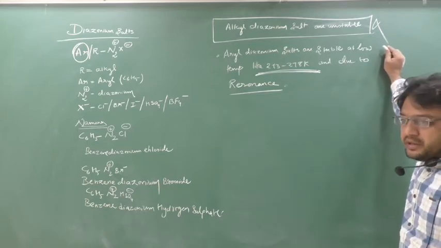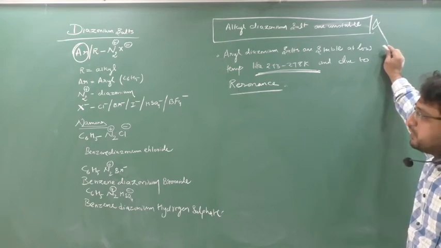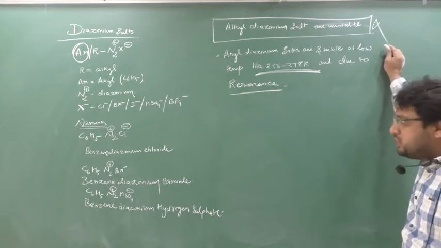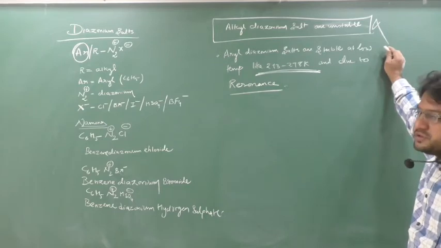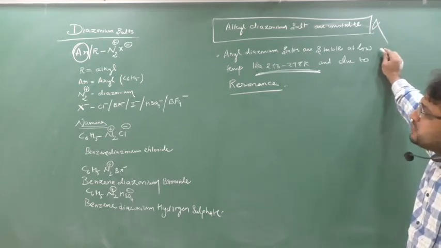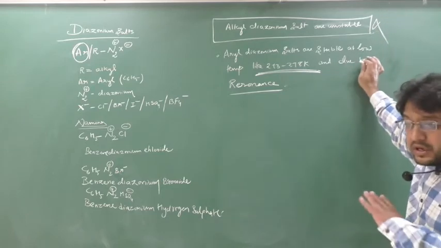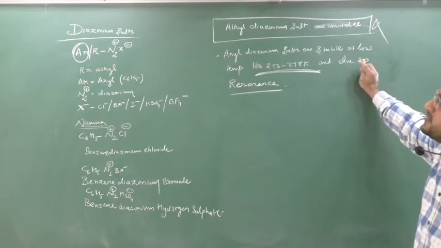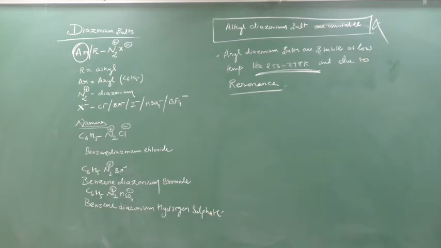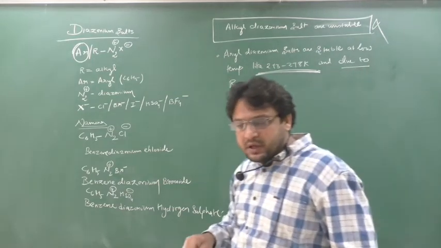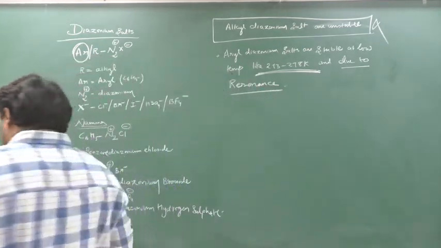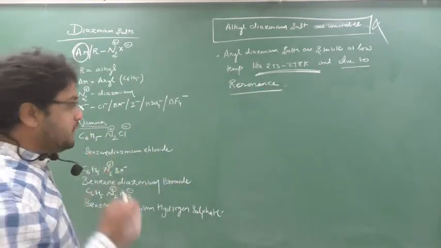Why are we studying the chemical properties and most important properties of aryl diazonium salts, and not alkyl diazonium salts? The reason is the aryl diazonium salts are highly stable, stable as compared to alkyl diazonium salts. We are not studying alkyl diazonium salts because they are highly unstable, whereas aryl diazonium salts are stable at low temperature like 273 to 278 Kelvin, and they are also stable due to one thing, that is resonance. So I am going to make the resonating structure. Please see this. This structure is a bit different as compared to others. See this.